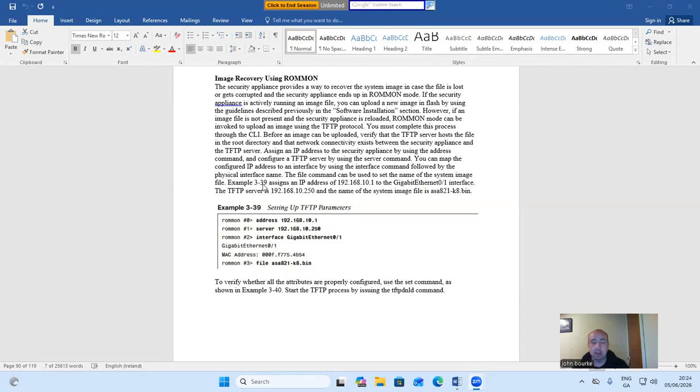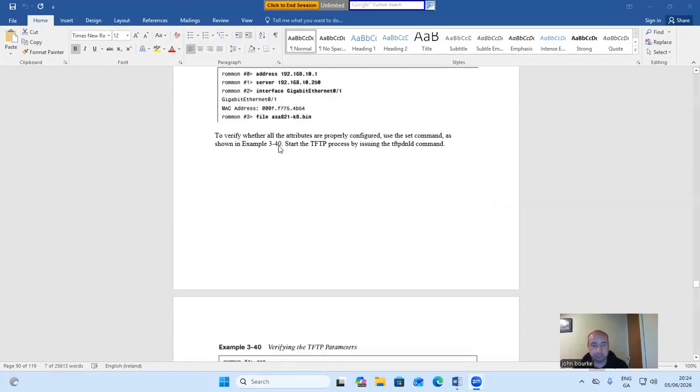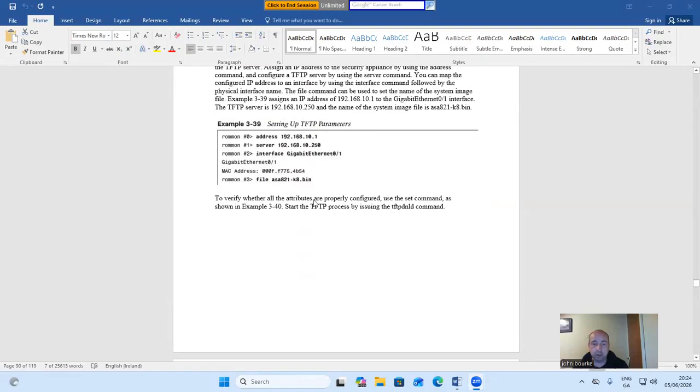For example, example 339 assigns an IP address of 192.168.10.1 to the gigabit Ethernet 0/1 interface. The TFTP server is 192.168.10.250 and the name of the system image file is ASA821K8.bin. To verify whether the attributes are properly configured, use the set command as shown in